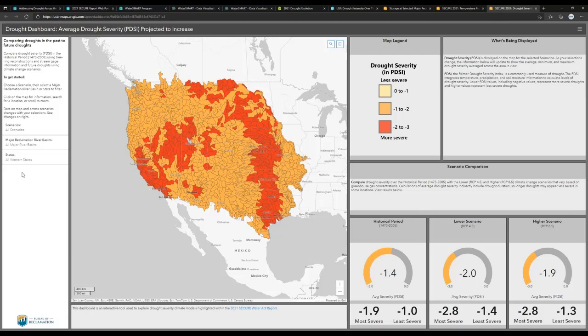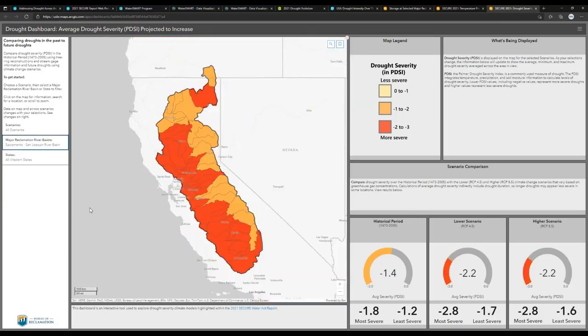Interestingly, not more severe under the higher scenario necessarily, and that is because we're looking at longer periods of drought in those climate change projections, and also soil moisture may reach a point at which the lower and higher scenario might not make that much of a difference because it's already at a certain threshold of dryness. But you can see here, and you could go into a particular river basin if you wanted, or a western state, and see how the results change for your basin.